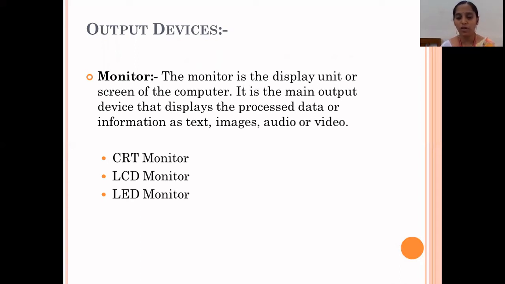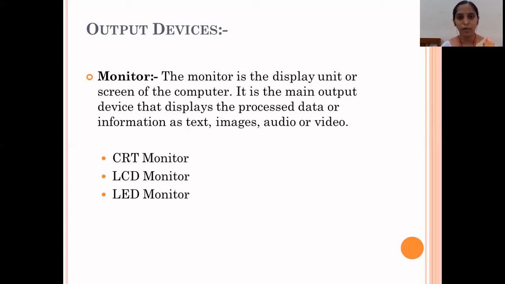Monitors are classified into three types: CRT monitor, LCD monitor and LED monitor. Monitor is the display unit or screen of the computer. It is the main output device that displays the processed data or information as text, image, audio and video.